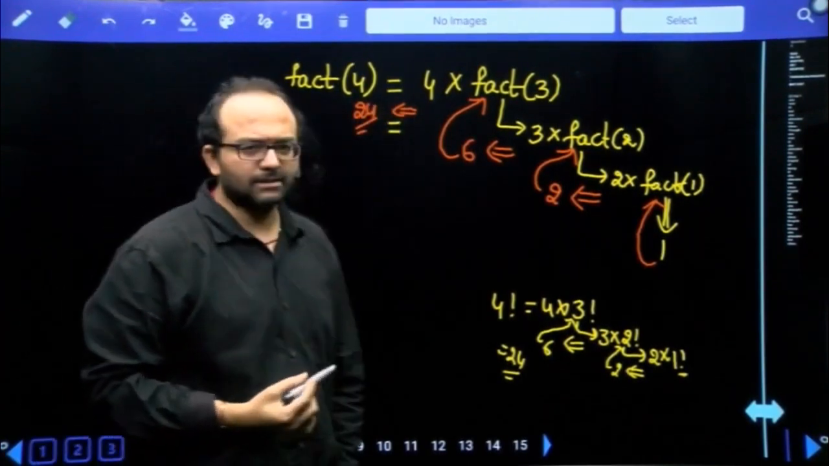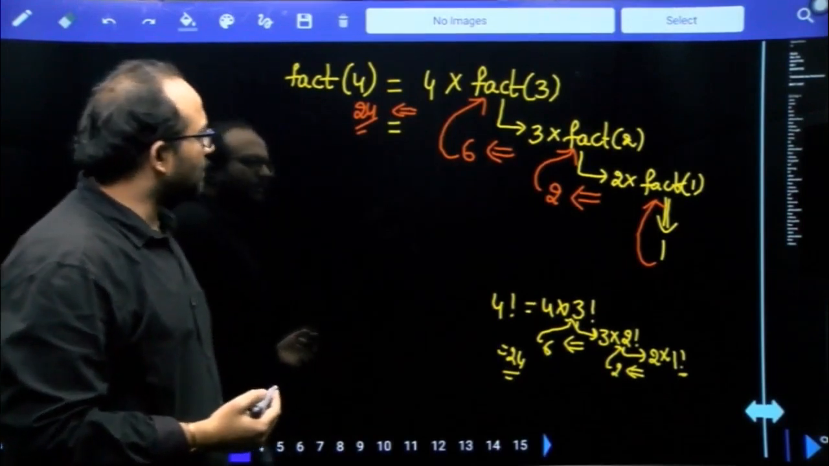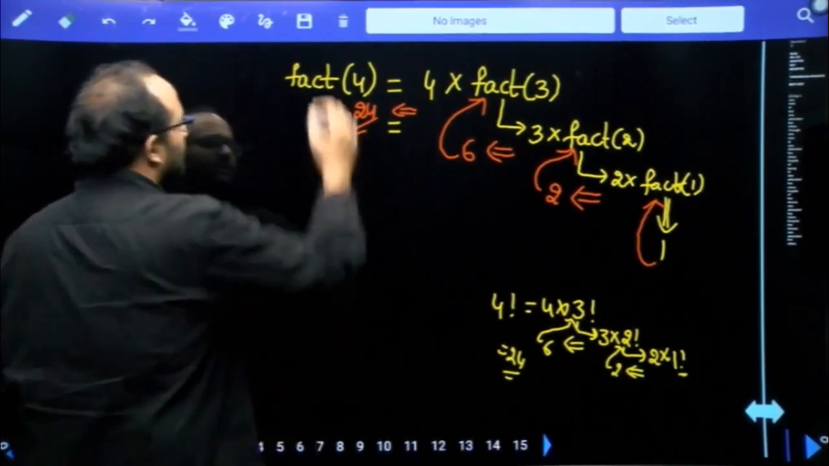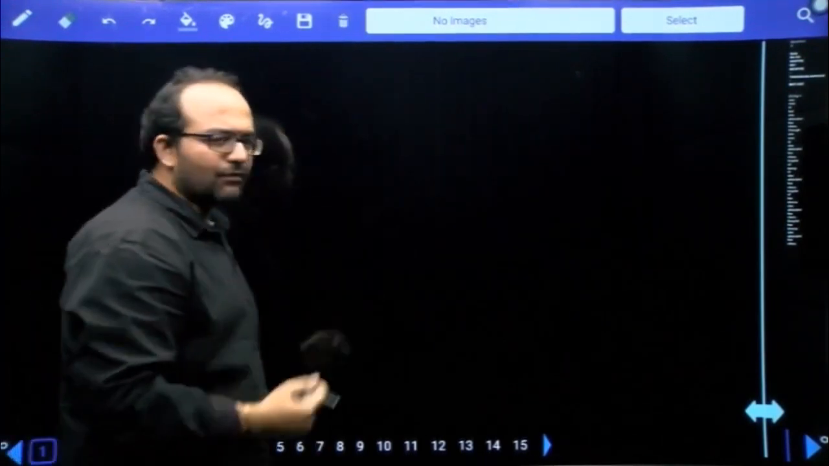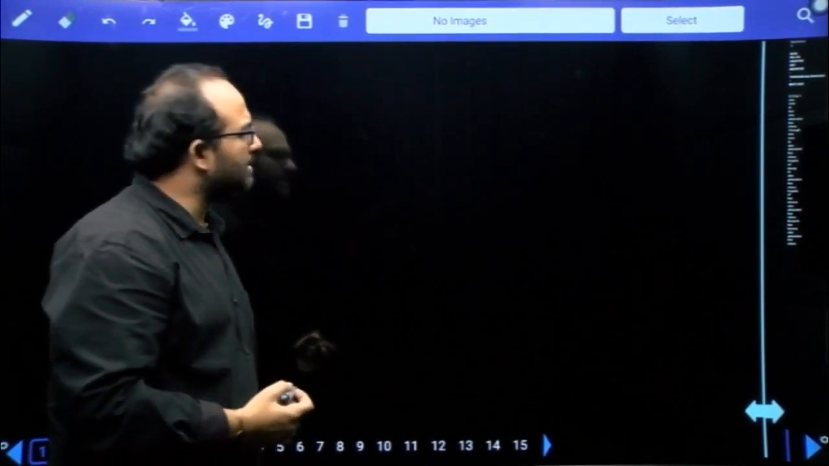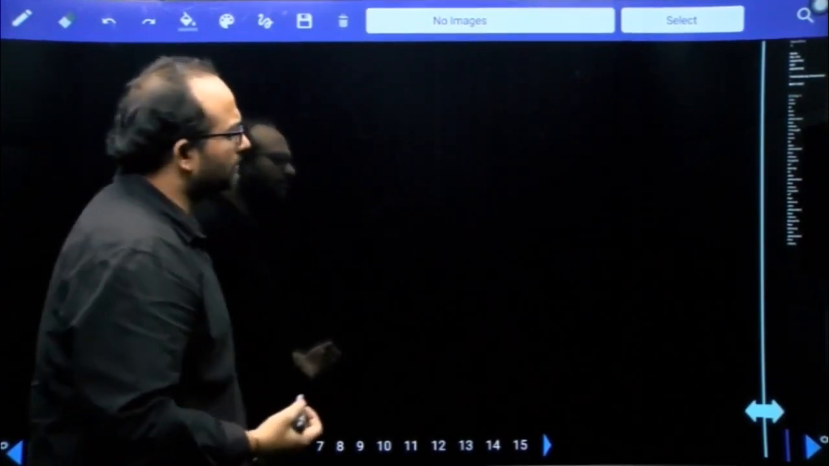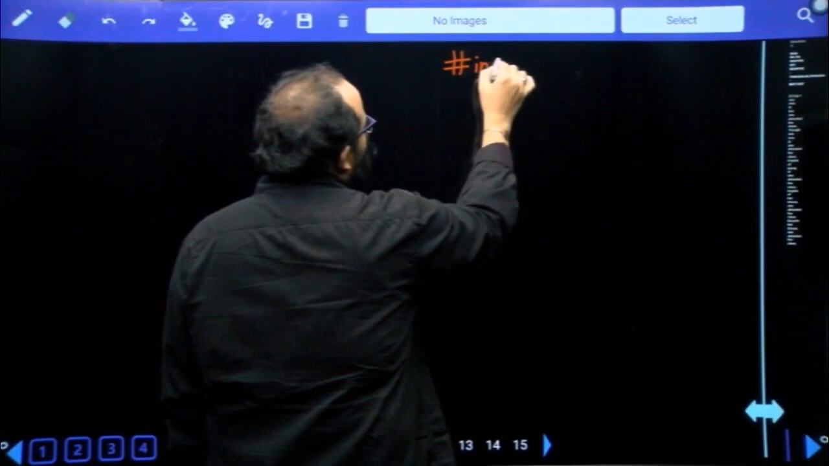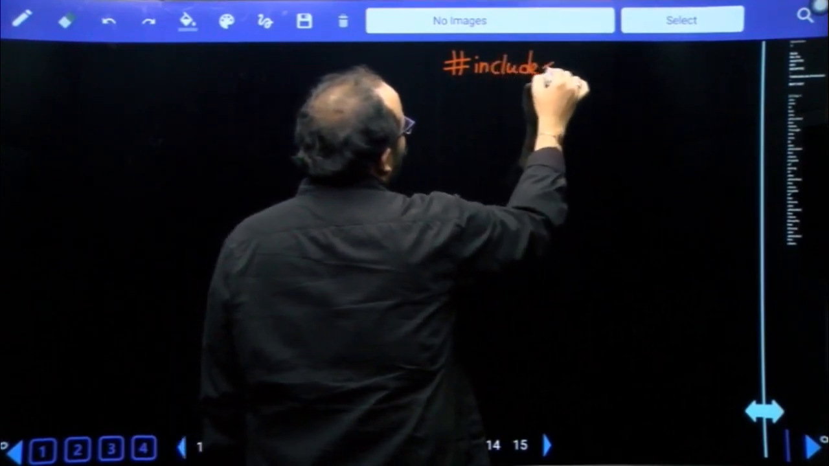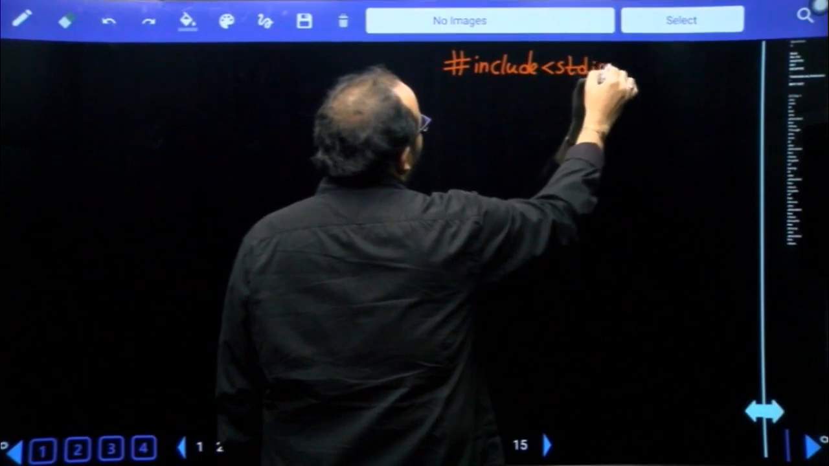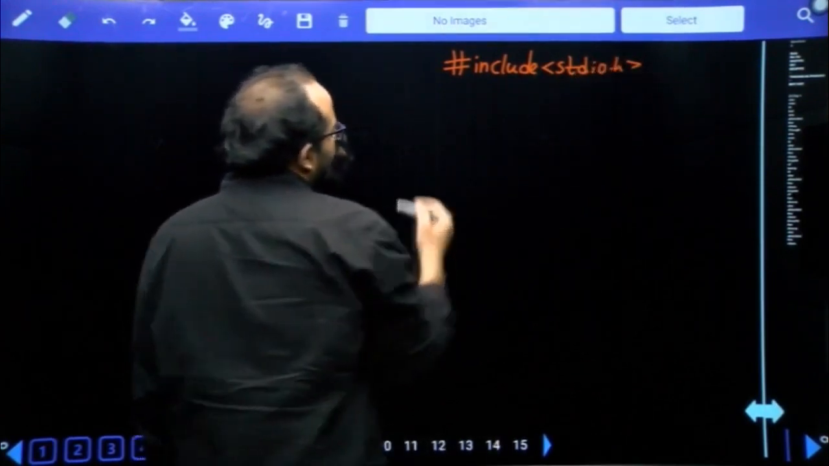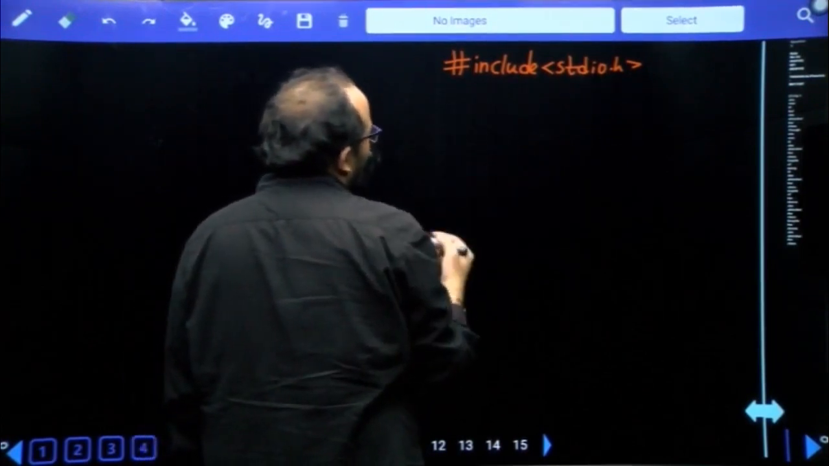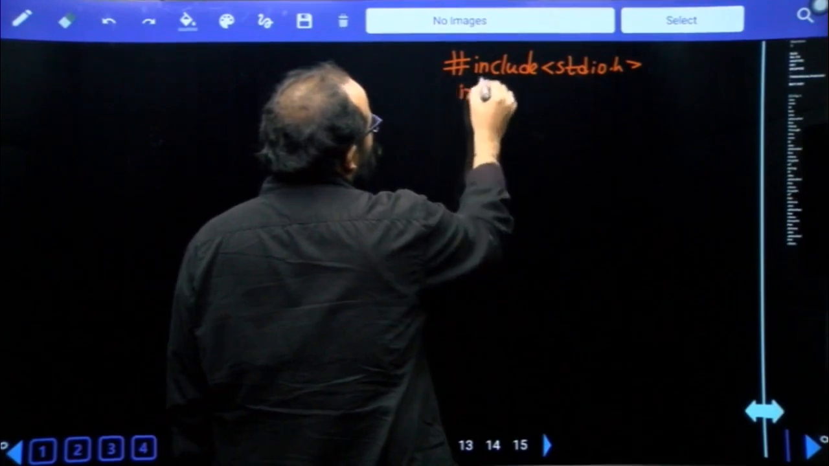Clear? Like this. This is how we can compute factorial of 4 using recursion. Okay. So let's implement this particular recursive function in order to execute this factorial of 4, for example. So let's consider the header file first. #include <stdio.h>. Okay. So inside the main function we are going to call it, but let's implement the fact recursive function